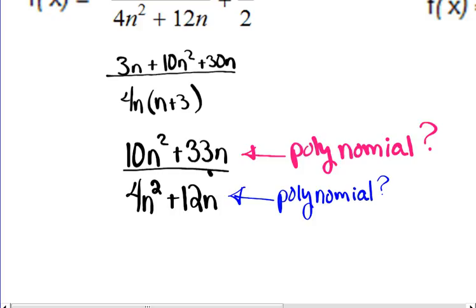Well, the top one, I do not have a fractional exponent. I do not have a fraction in my top anywhere, so I don't have to worry about a variable in the denominator. What was the fourth one again? No fractional exponents, no negative exponents, no variables in the denominator, and no variables under the radical. I don't see any radicals. And guess what? Both of these are yes. They are polynomials,